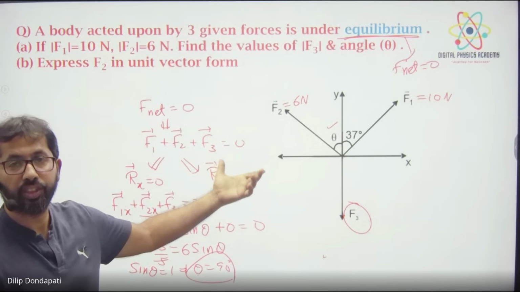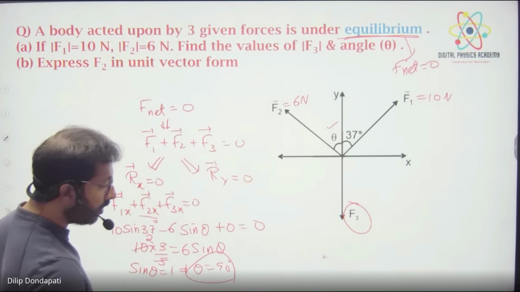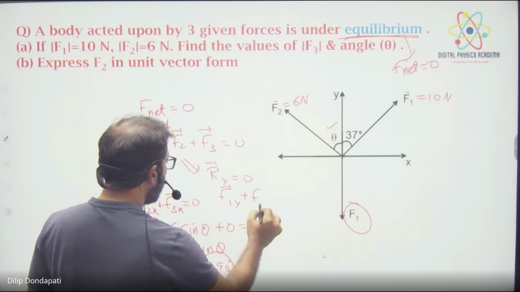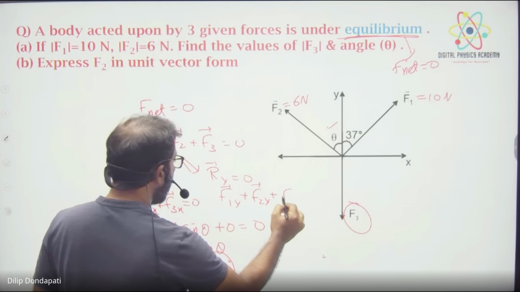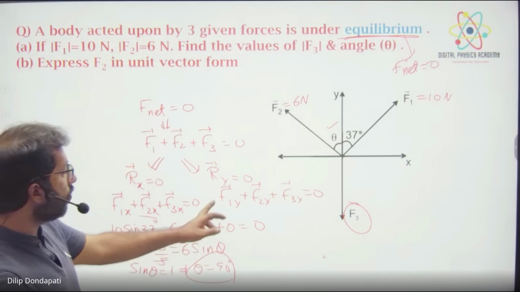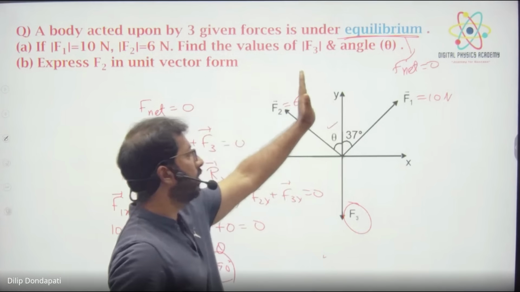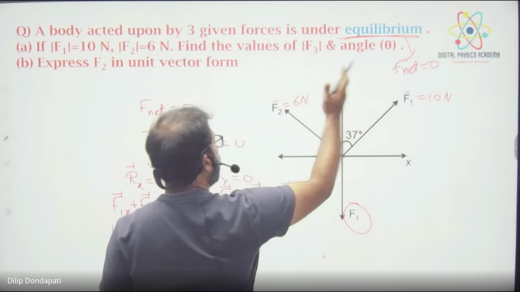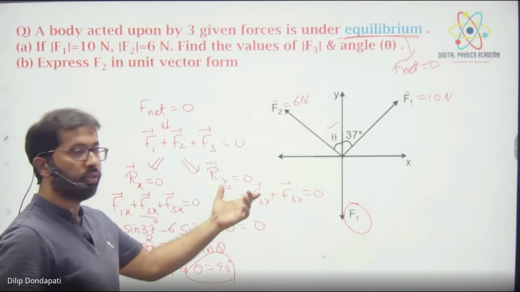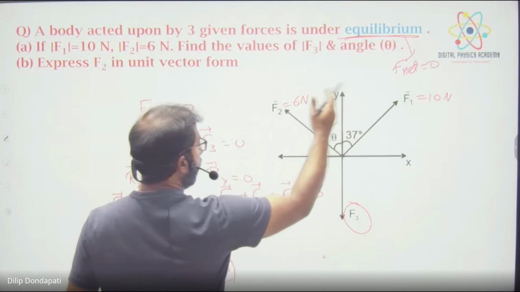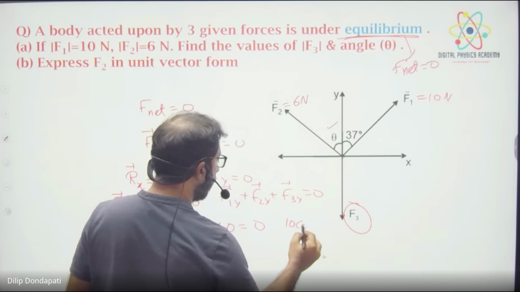Resultant in y direction is 0, which means f1y vector plus f2y vector plus f3y vector is equal to 0. So now tell me, f1 in y direction is how much? 10 in this direction's y component. Now we have to add all the forces in y direction equal to 0. Tell me, 10 cos theta, equal 10 cos 37